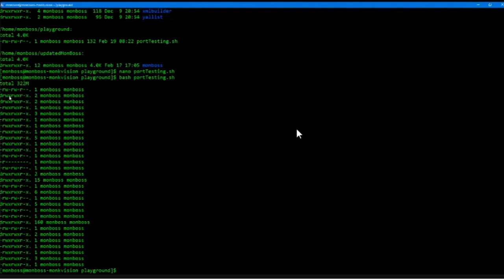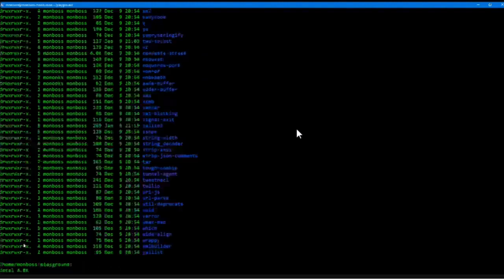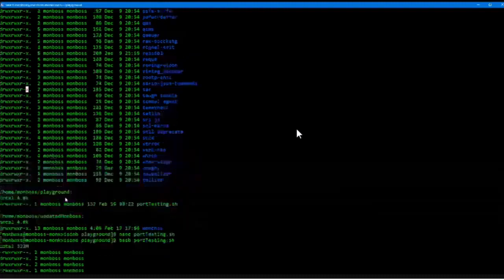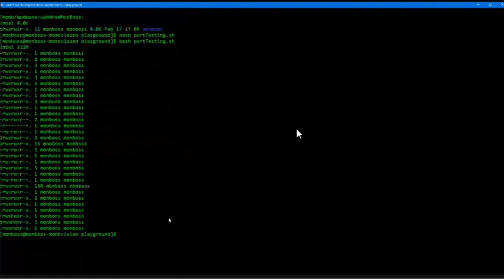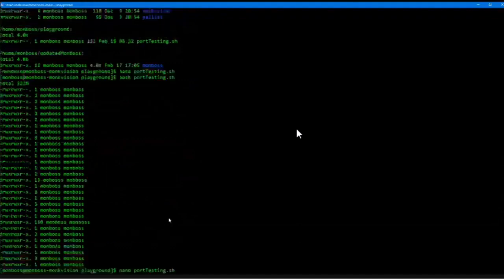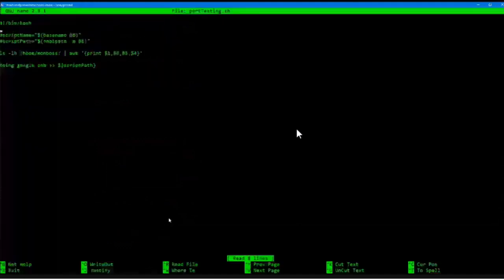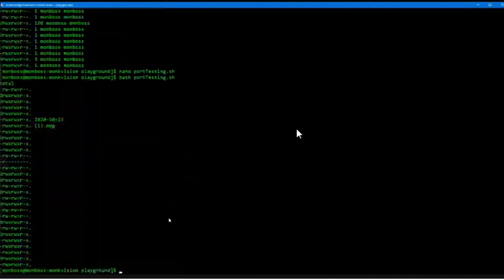So as you can see, it only printed the 4 fields that I had. Right, the directory, the permissions of the directory. And it's not that you can only print in sequences. I can print random fields. So let's say I want only the first field, which is the permissions of the files, and then I want the last field, I believe it's the 10th field. If I then do this,